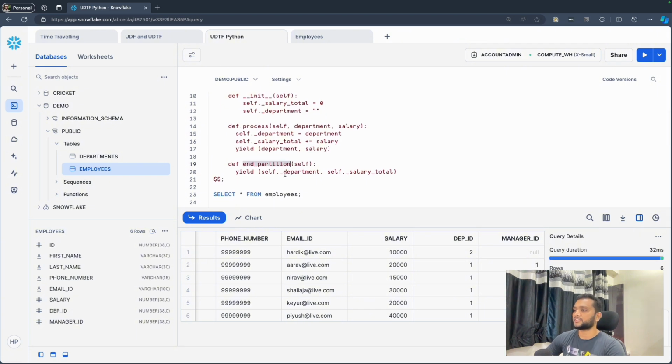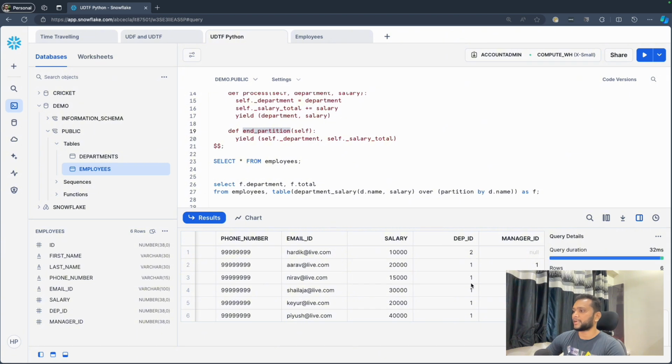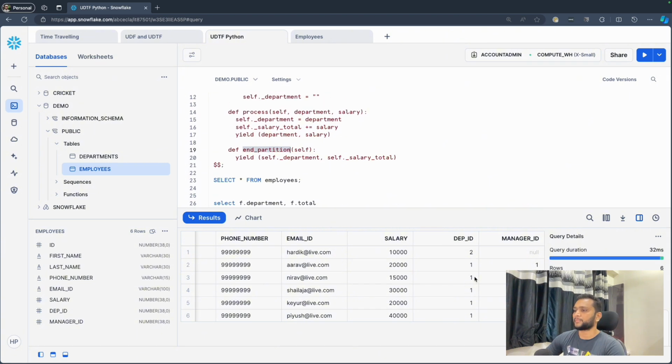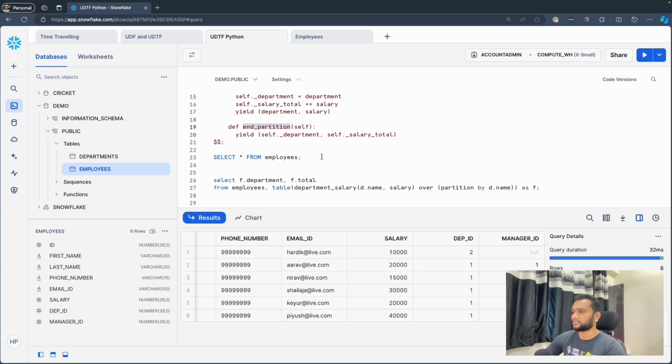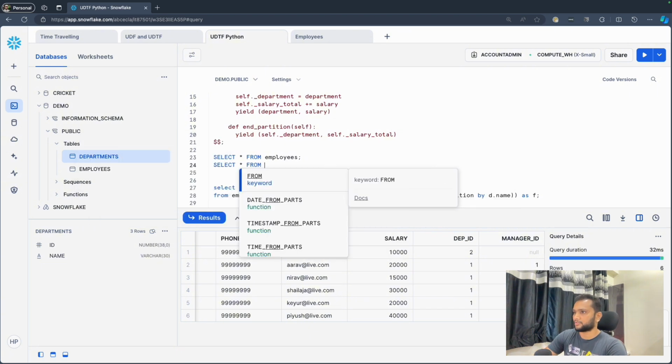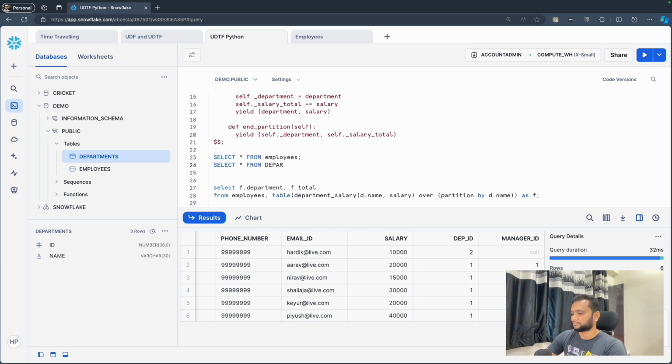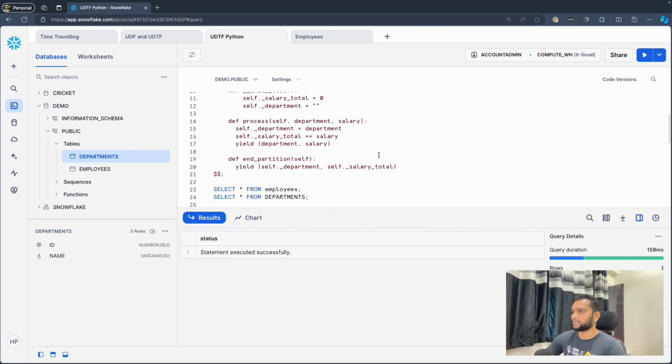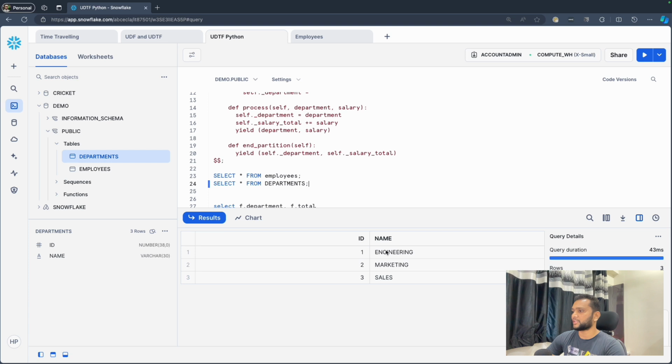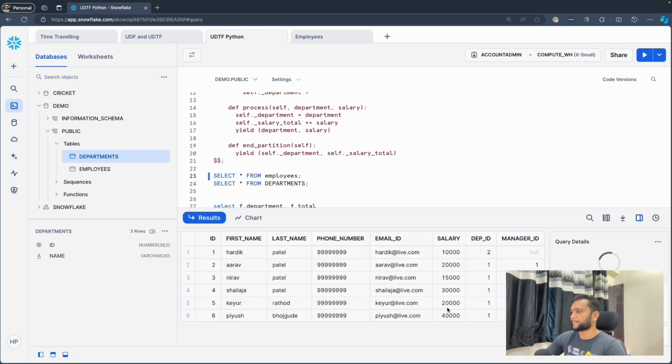So suppose there is a department, this is the department ID, right? Let me see what those departments are. Okay, let me run select star from departments. I think I have to enable this warehouse again because it is disabled. And if I see the departments, there are 3 departments: engineering, marketing, and sales. So engineering is a department, right? And if I run this on employees, these are engineers and these are the marketing. Okay, now for this engineering